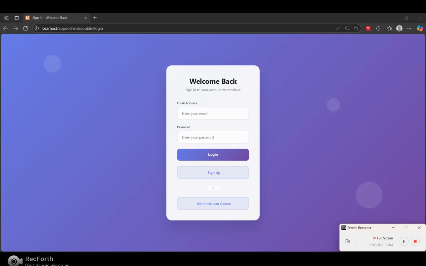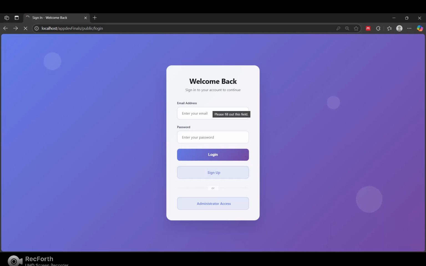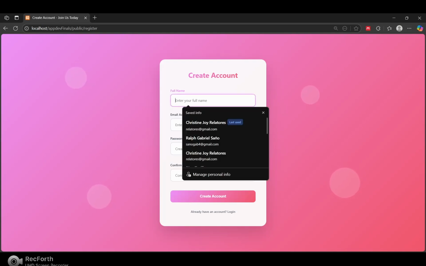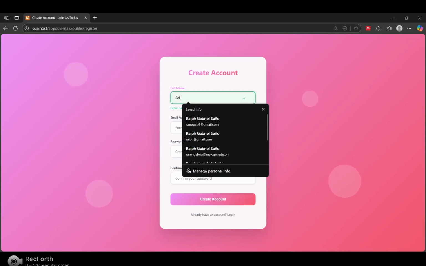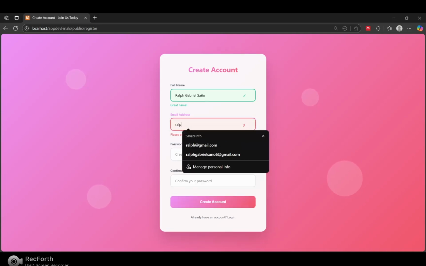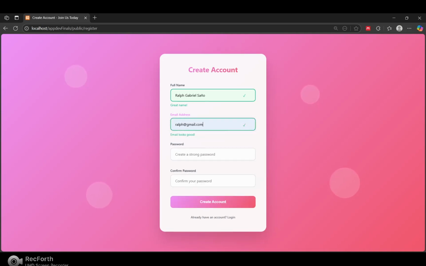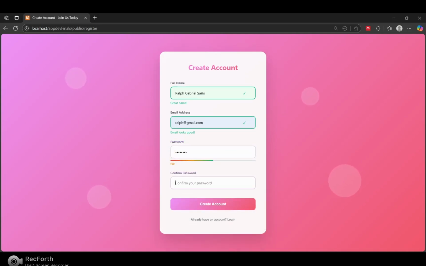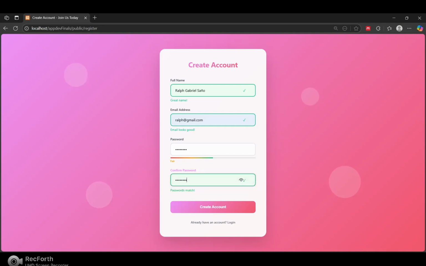First, I'll go to sign up. Here is where you sign up your full name, which is my name, Rob, the email address, and password.